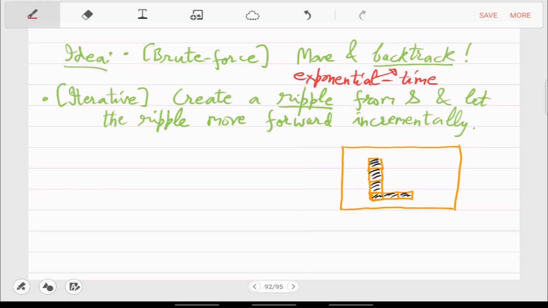And you want to start from here, that's your S, and you want to end inside here, this is T. So the ripple will flow like this. So this will be the distance 1, this of course is the center.